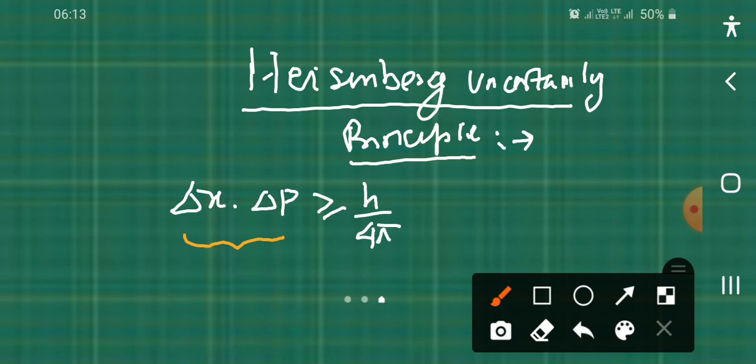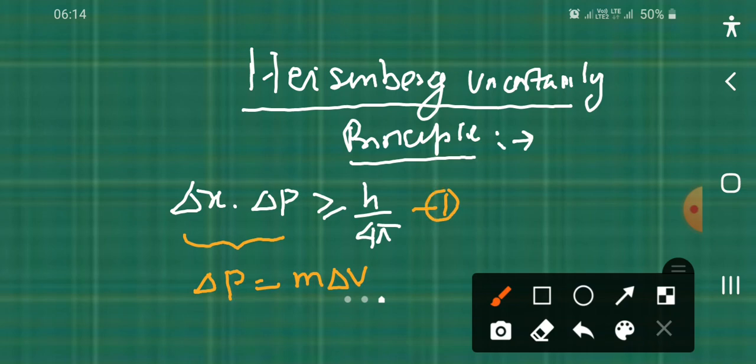Del p represents change in momentum, and momentum is the product of mass and velocity. So del p can be written like this: m del v. Since the value of mass remains constant, and this is the first equation,